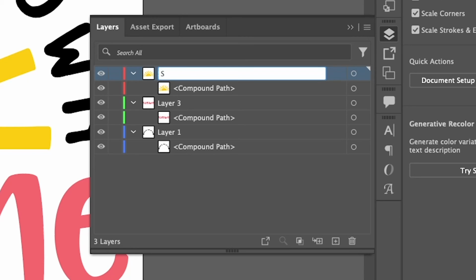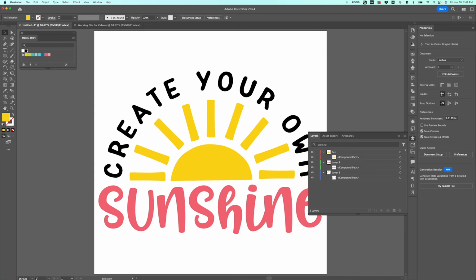So I could name this sun, and that actually will come into your cutting software, not all cutting software, but it'll come into something like Cricut Design Space. And that's really handy as well, just to again delineate those layers. Now you have all of these compound paths on their own layers, and when you bring this file into laser software, the software will have an easier time letting you select the line type, cut, score, or engrave